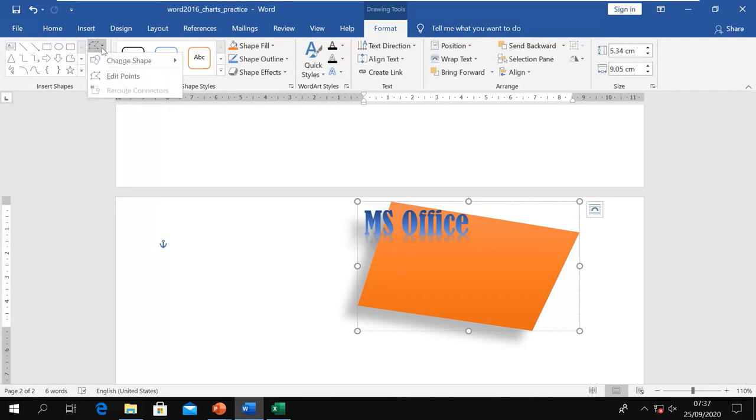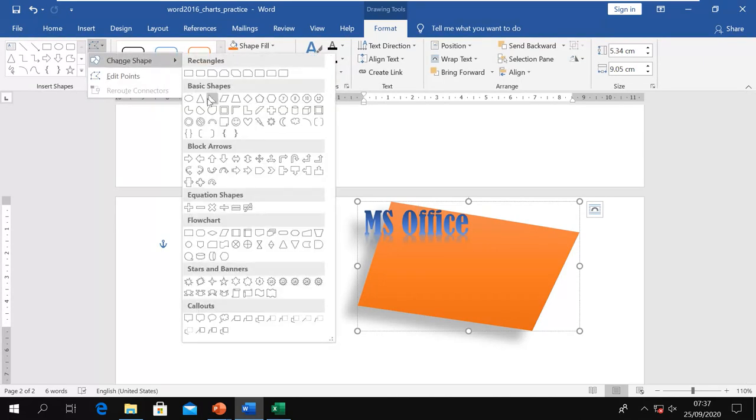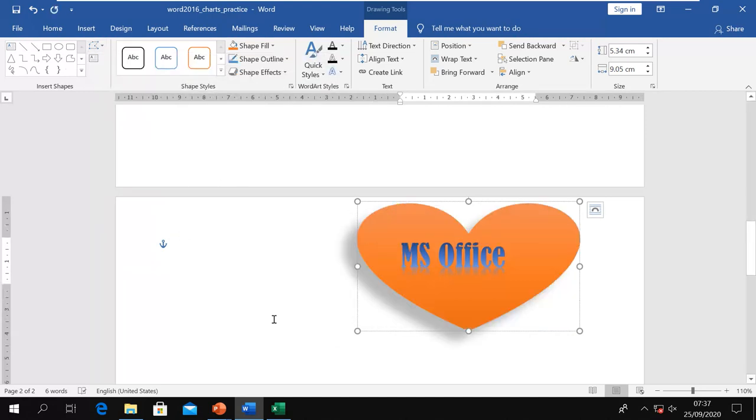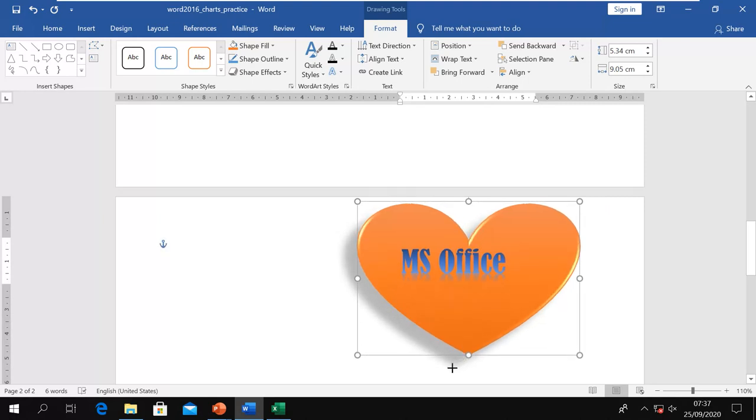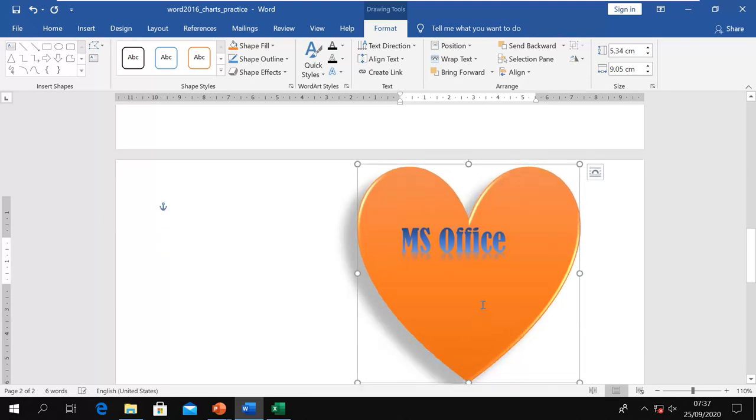So I go here, I say I want to use this heart shape, and now you can see our text box has become a heart.